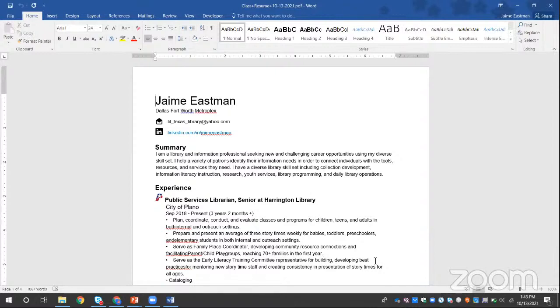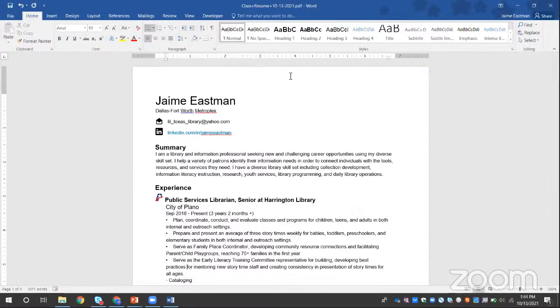So you will want to check that type of information before you actually save and send out your resume. So I can go in here, add in my spaces. I can delete information. I can reorder information and have more formatting than I did have in LinkedIn.